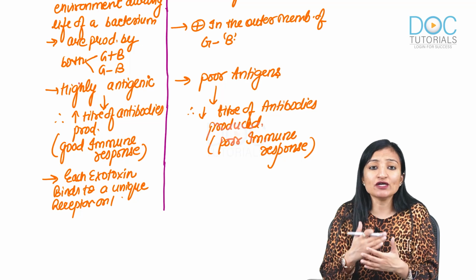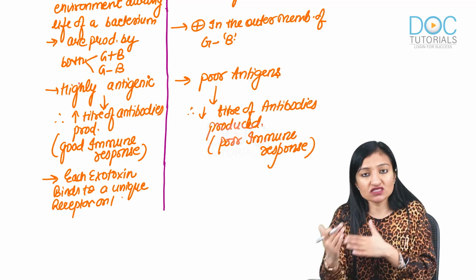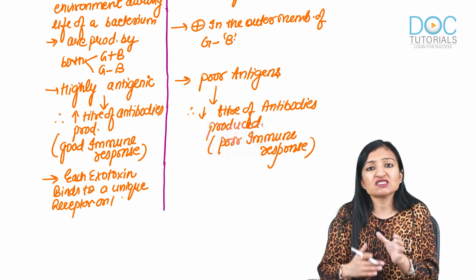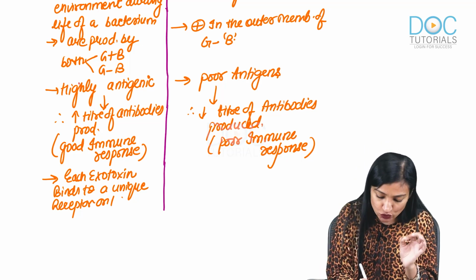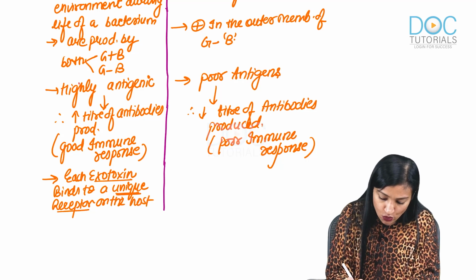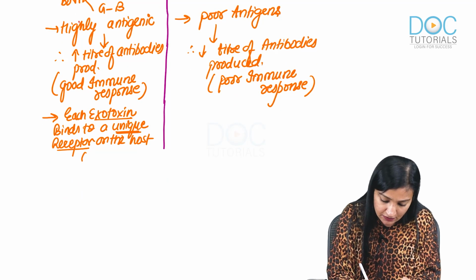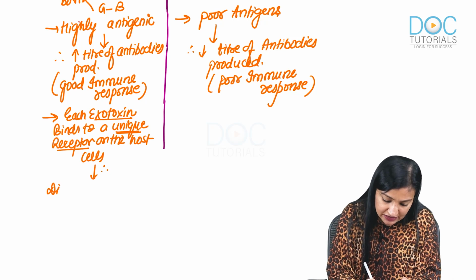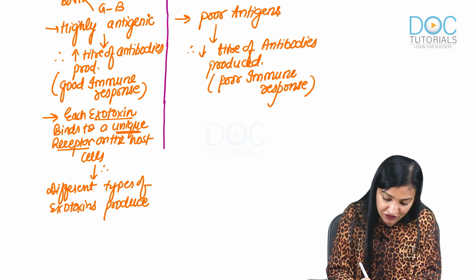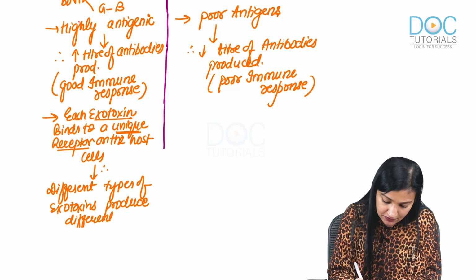Some exotoxins are going to produce diarrhea, some will cause constipation, some will cause flaccid paralysis, some will cause spastic paralysis. So every exotoxin binds to a unique receptor on the host cells. Therefore, the different types of exotoxins produce different clinical features,